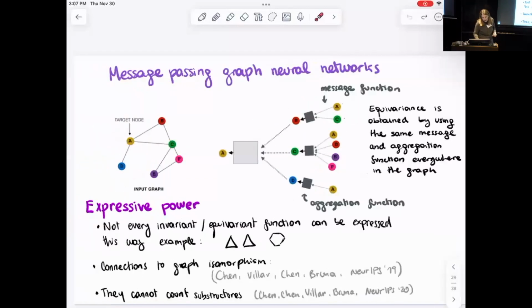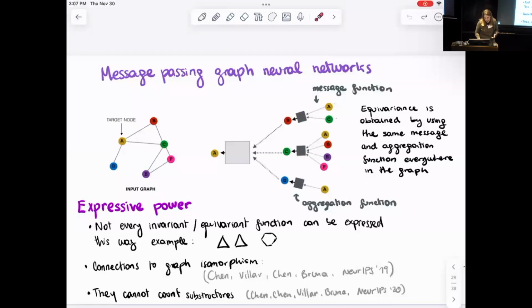And so people have discussed many ways to extend these architectures so that they are actually more expressive and more useful for problems. But the simplest message passing would not cut it. And that's something that may make sense to take into consideration if you're using graph neural networks for any problem. Because sure, you want your